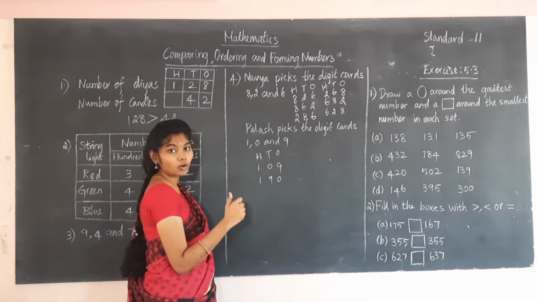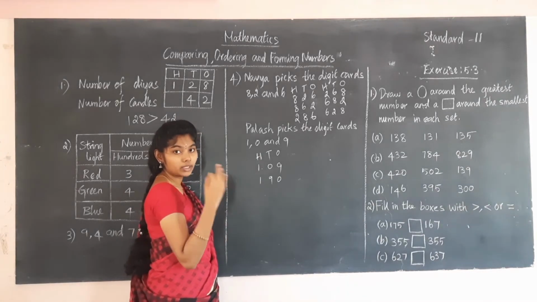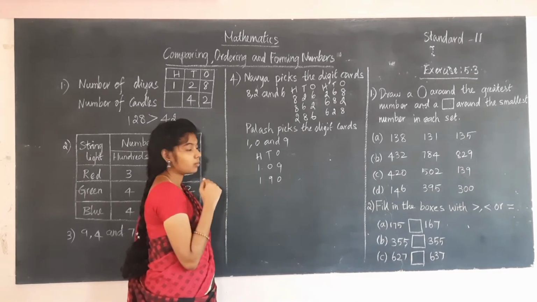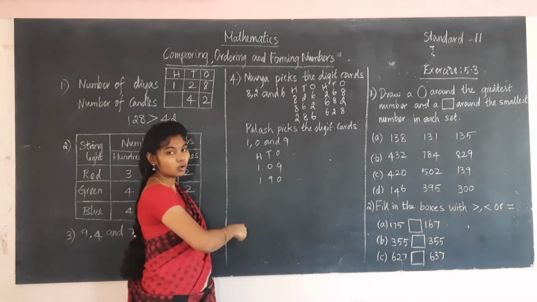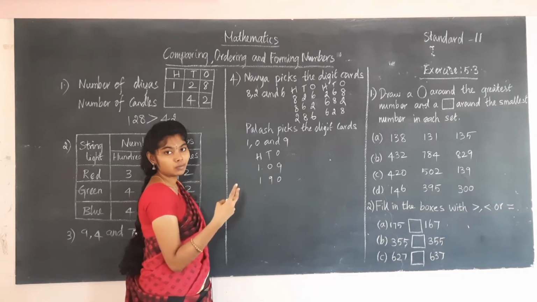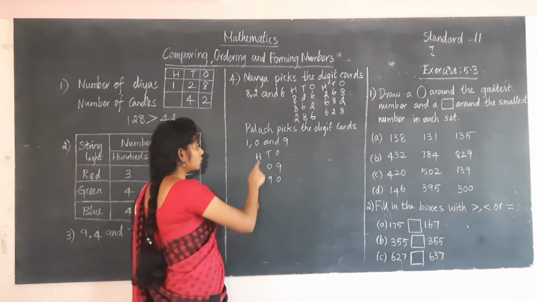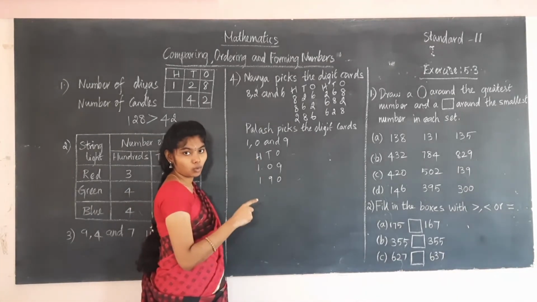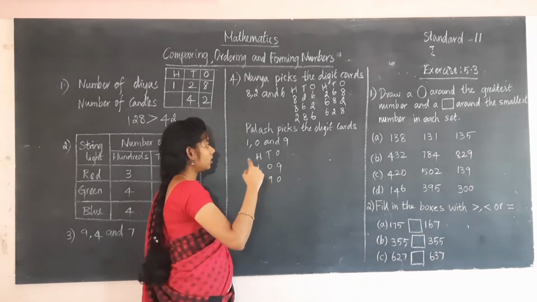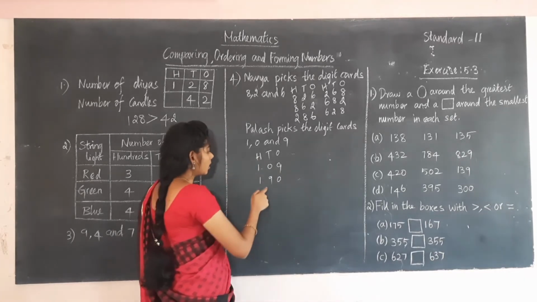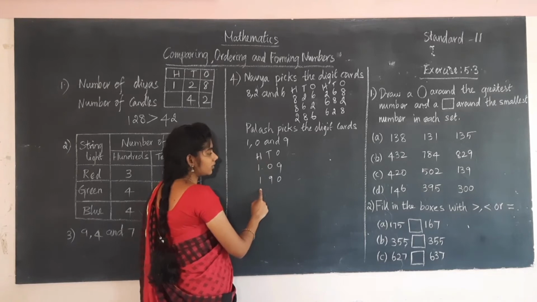Whether it is right or wrong, it's wrong, because we are going to frame a 3 digit number which can make a greatest number. So while we are writing 0, it will frame only a 2 digit number. So we need not use that. We should not start the number with 0. We have to start the number sequence from 1 or 2. So here we cannot write 0 at the hundreds place.